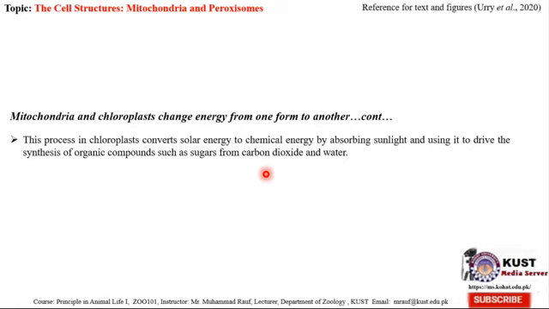This process occurs in the greenish part of the plant where the chlorophyll is present. Carbon dioxide and water combine in the presence of sunlight, and a glucose molecule is synthesized along with